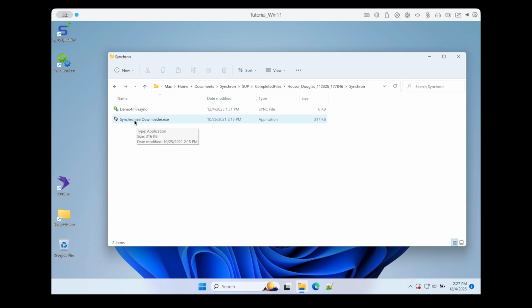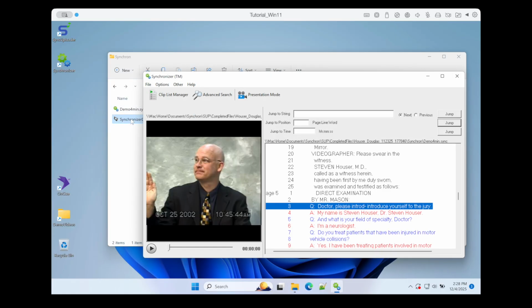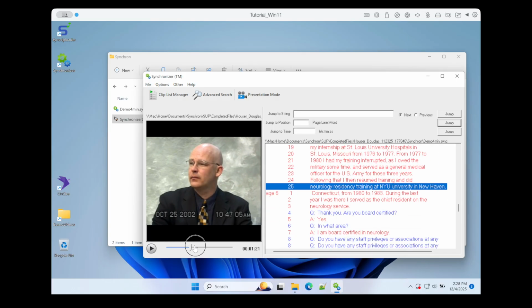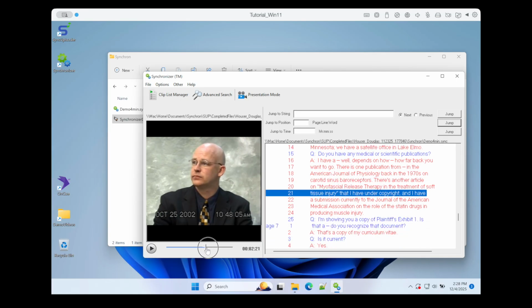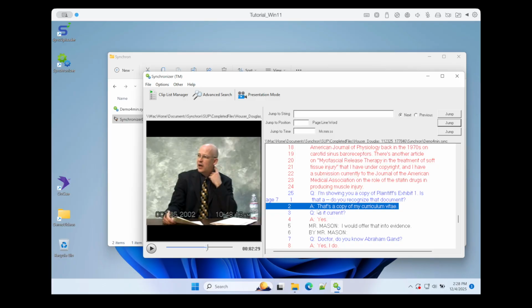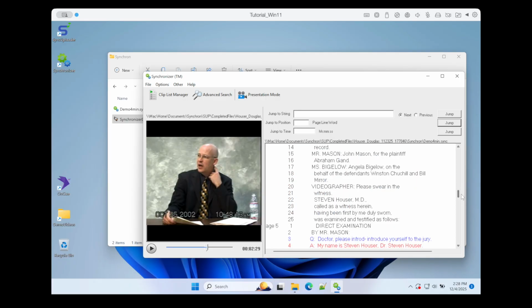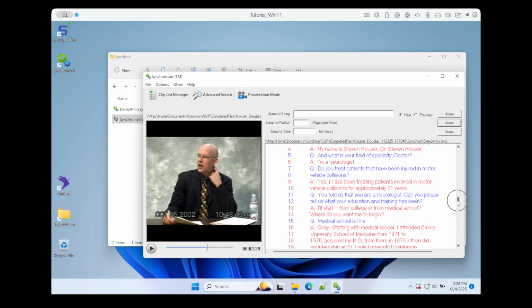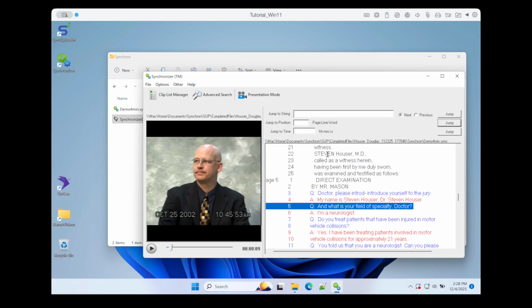If you already have it installed, it'll still open this sync file that's in the same folder, but you can also double-click on the sync file to launch the Synchronizer Player, which will also load the video. Once it's loaded, we can scrub along anywhere in the video and it will cue the transcript to that exact line. Similarly, we could go to a different line in the transcript, double-click, and it will cue the video to